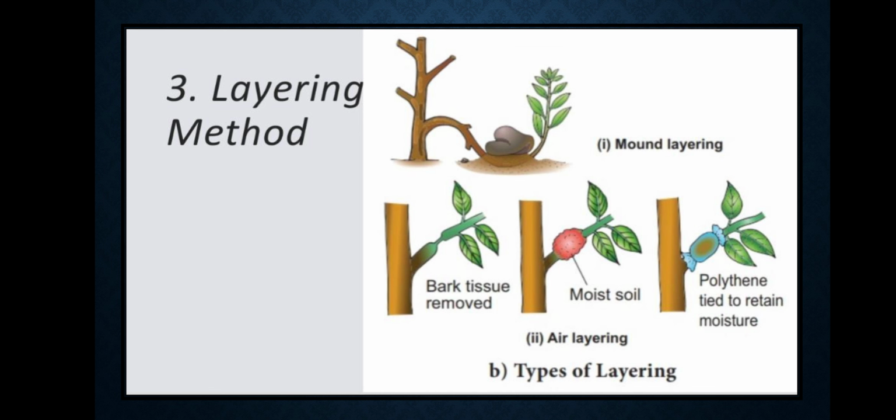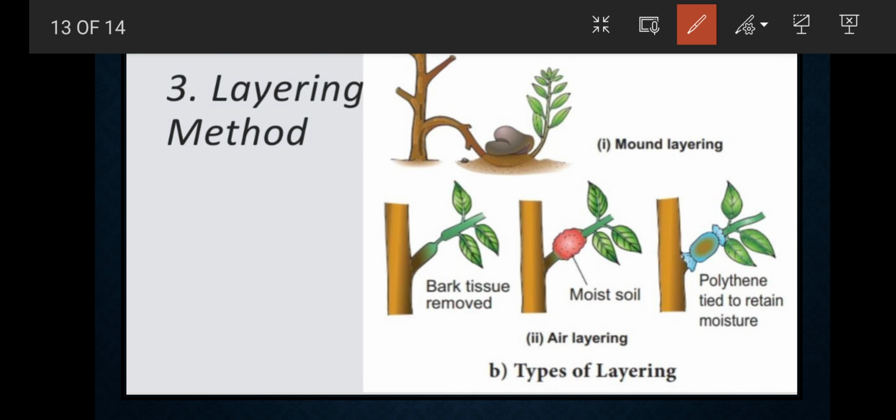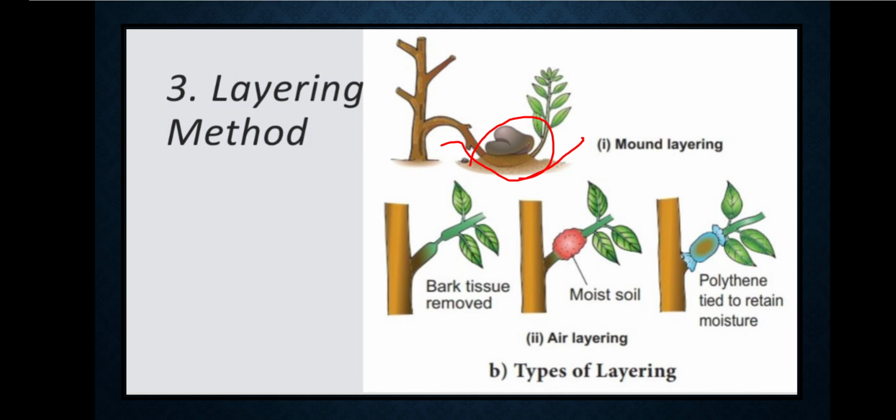Third type of method is your layering method. Here the stem attached to a plant is lowered in the ground and covered with soil. As you see in this picture also, one of the branches of the plant was lowered down and it is covered with the soil here. The stem grows roots while attached to the parent plant, and then detaches as an independent plant and is allowed to grow as a separate plant here. The examples of the layering method are your jasmine, climbing rose, grapevine, rhododendron, which is commonly termed as lalburanas. Boxwood is one of the examples also.